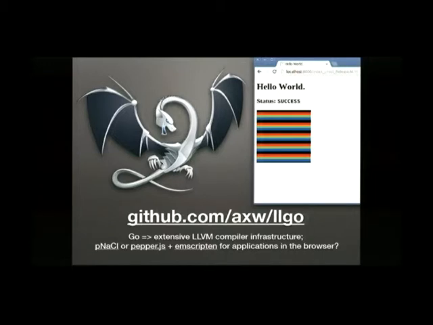So the prospects for LLGo are that you'll be able to run at almost native speed inside Chrome and in emulated mode using the same interfaces using Emscripten and Pepper.js. So it should become a viable way to run very fast code in the browser. Unfortunately, because it's not there yet, I can't give you a little demonstration.